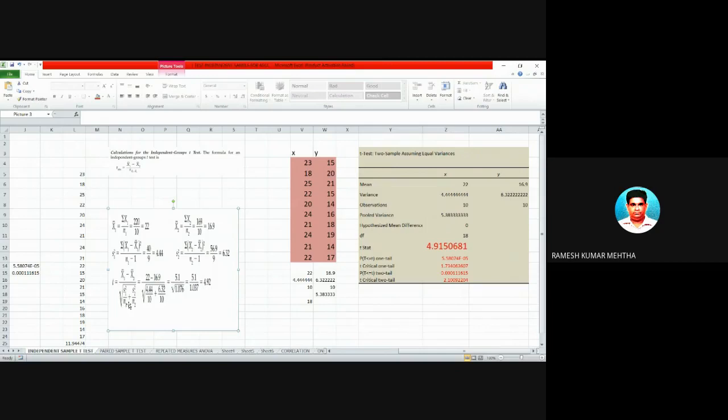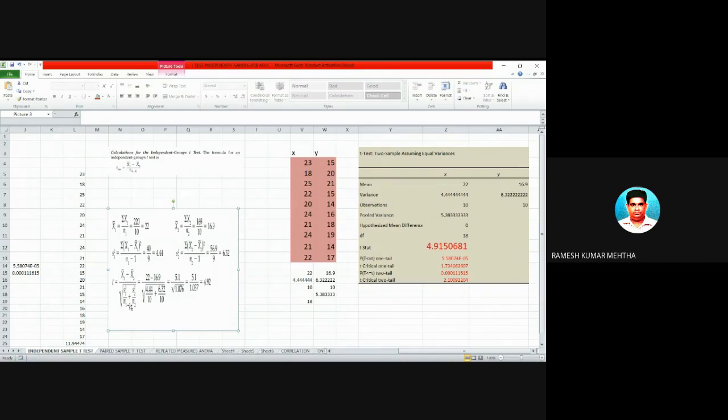If you have standard deviation and you square it, you will get variance. Hope this is clear.